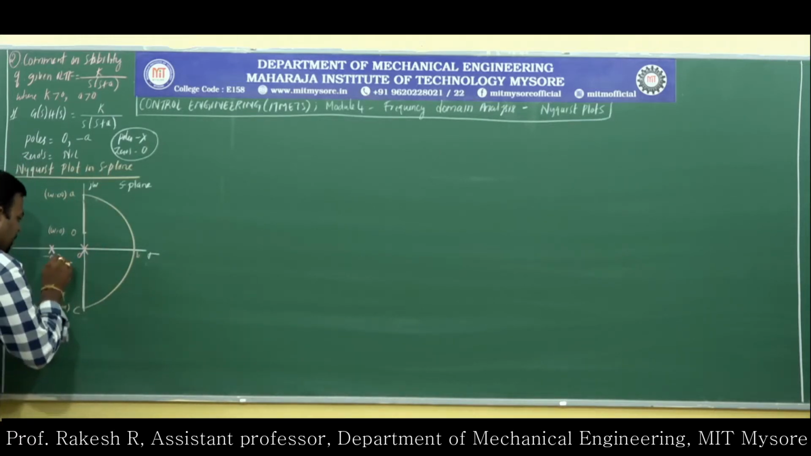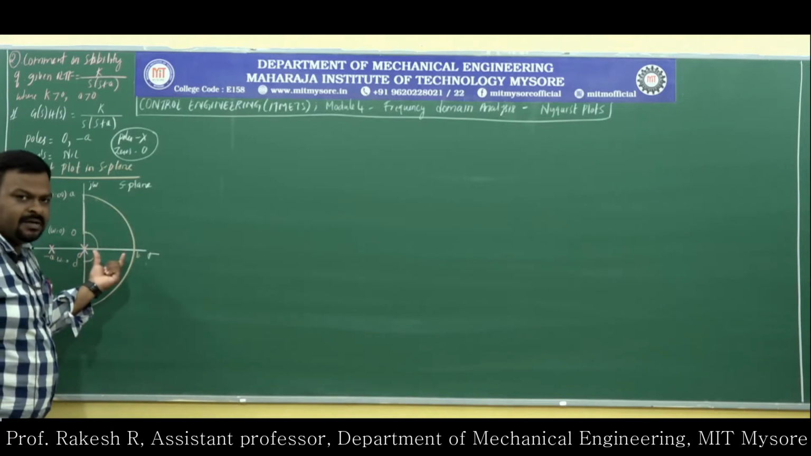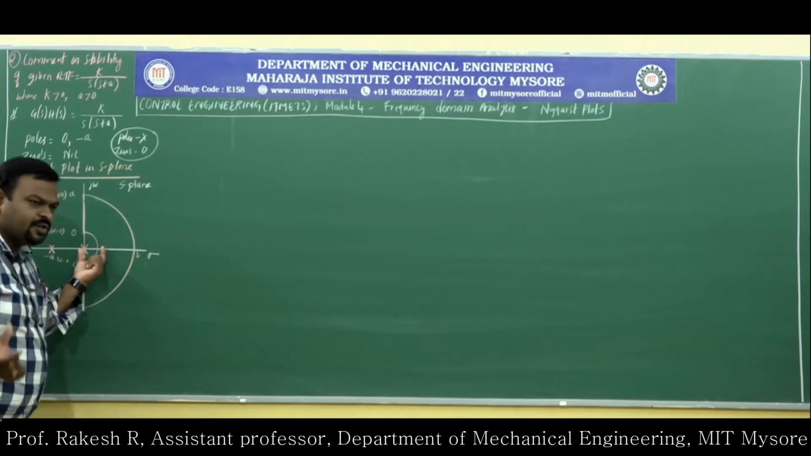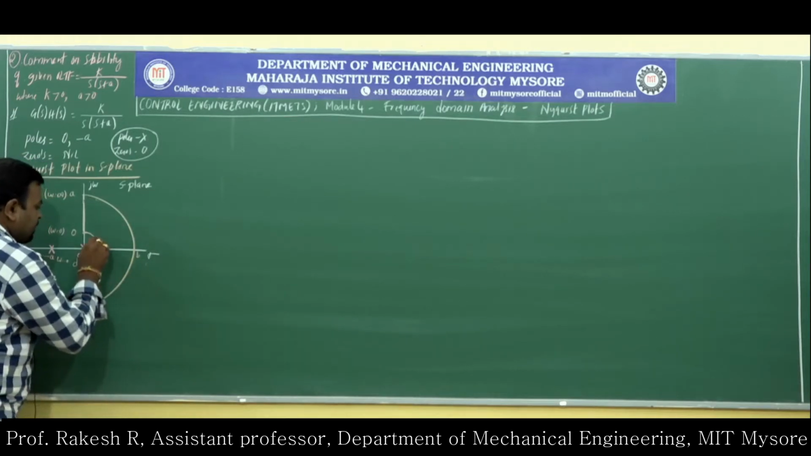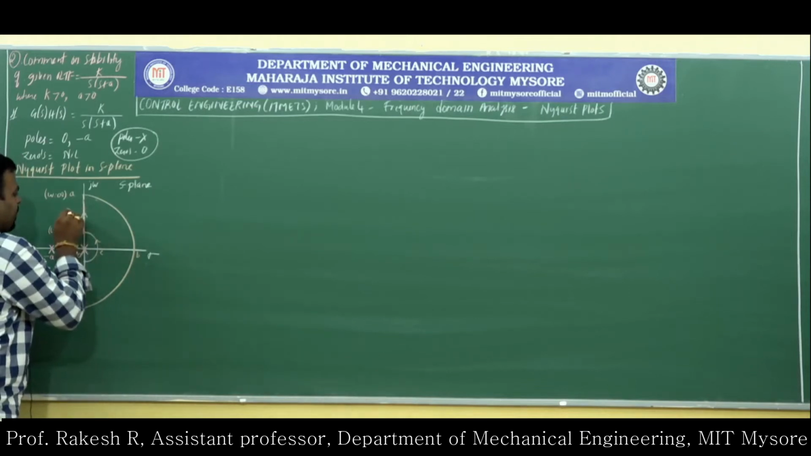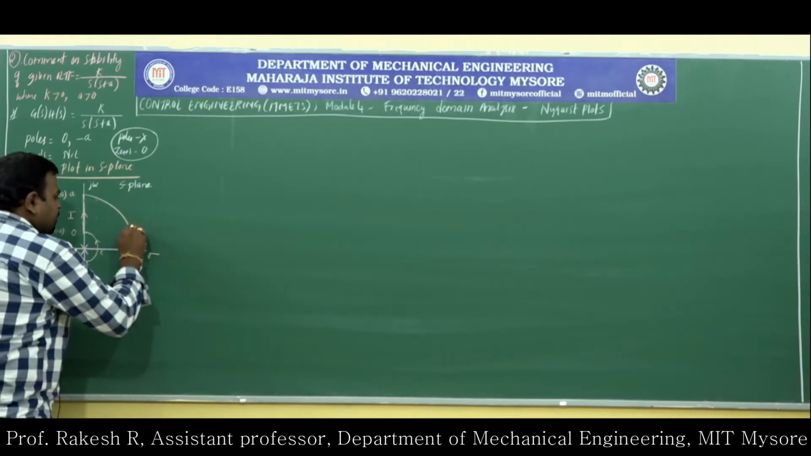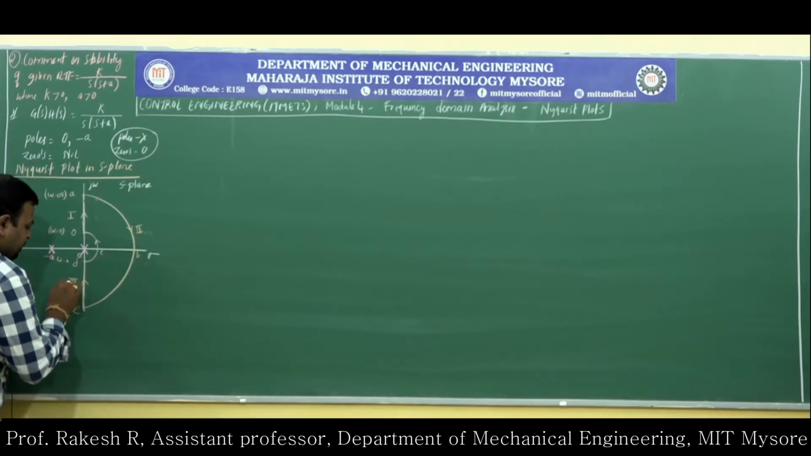So this is omega equal to minus 0. This point is D. Then a contour whose radius is almost nil, equal to 0. And this is E. And I will name the segments. This is segment 1, this is segment 2, this is segment 3, and this is